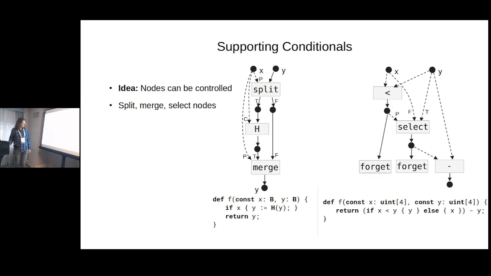Then we can pass these condition registers, these values that exist conditionally, to controlled gates, which only happen if the condition is true, in which case this Hadamard gate depends on x. And finally, we perform a merge operation on these conditionally existing values, which has the same predicate. And we get a value that doesn't have any conditions related to this value x.